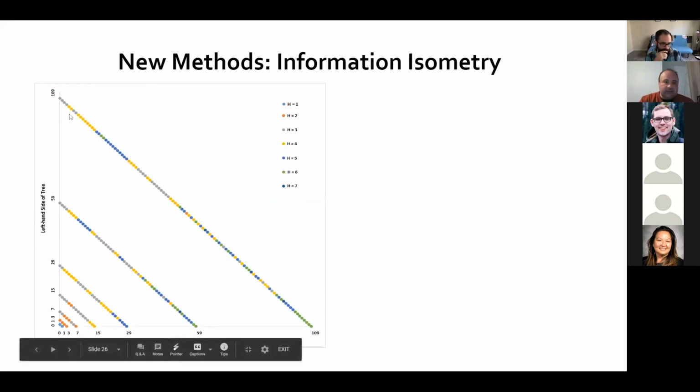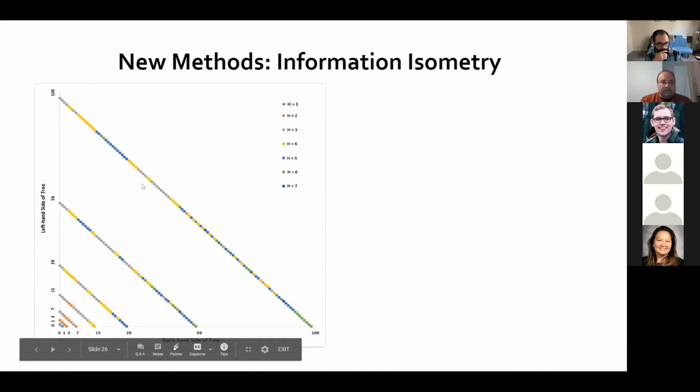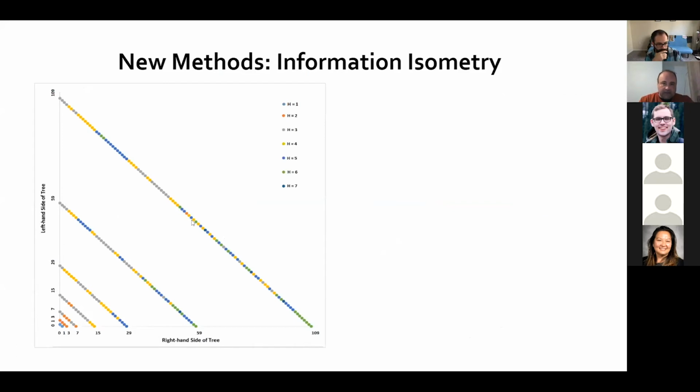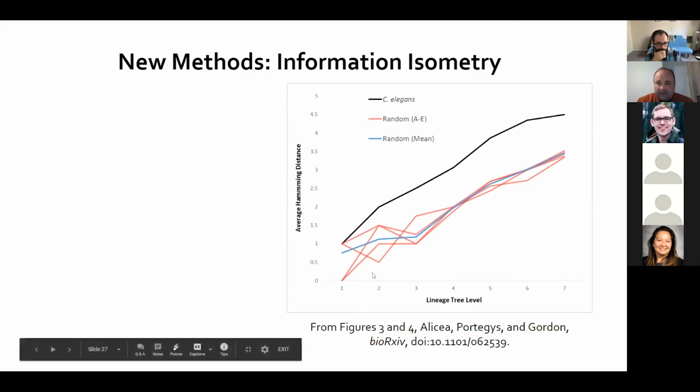You can see that they look like pearls on a string of different colors, but these different colors represent different subtrees. If you think about the comparison processes swapping subtrees, that's exactly what you see here. You have different subtrees that are swapped, and you see the distance here. The idea is to visualize those differences, but we can also make other calculations on them. To make sure that we're not looking at random noise, we generated a bunch of random trees and compared C. elegans to this over the course of development.